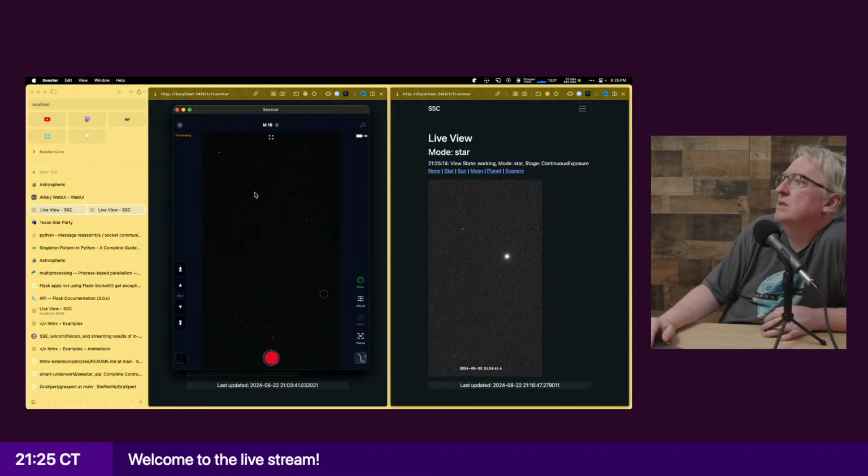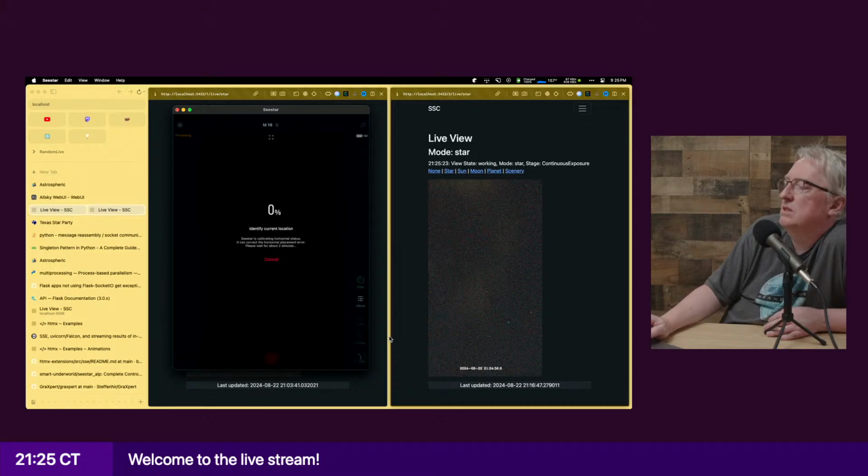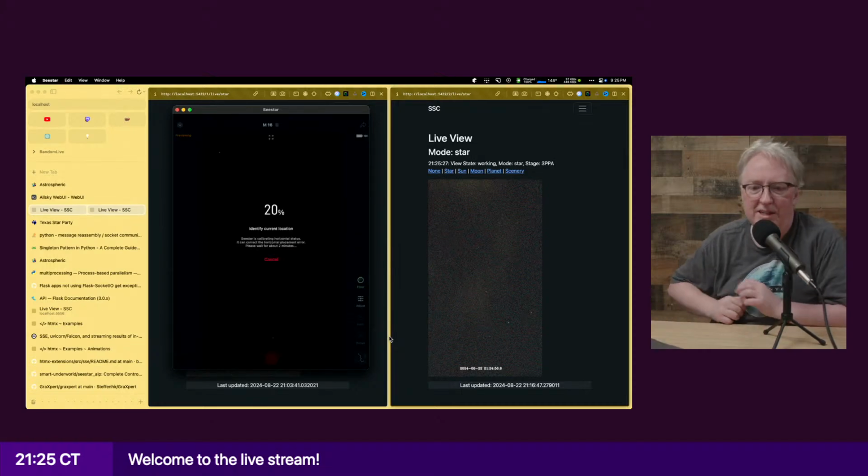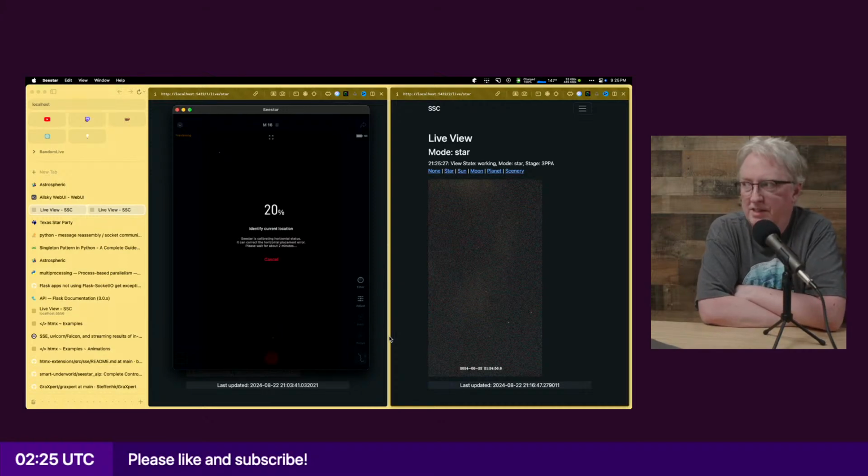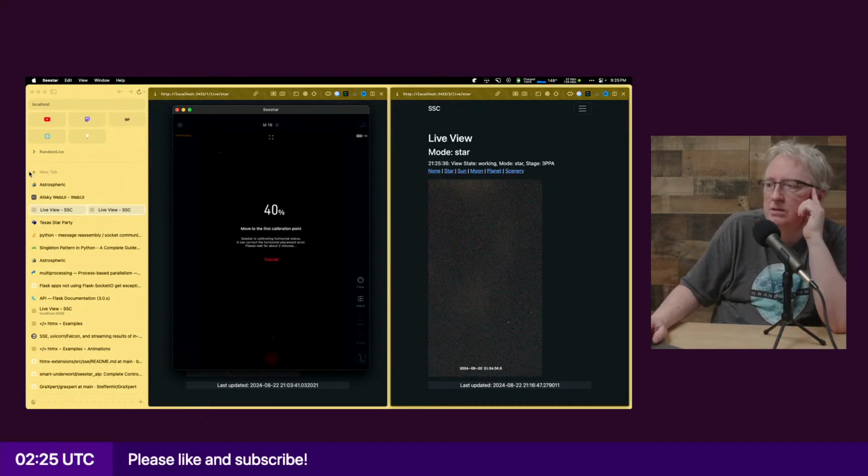So okay, this updated. Now will this? Oh, it did update on its own. Okay, good. Now, unfortunately, I think this is clouds. So let me start imaging. Oh God, it's gonna do the 3-point thing again. So we're gonna let it fail. Let me see what the sky looks like right now.